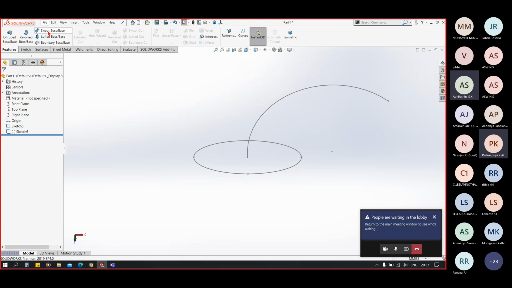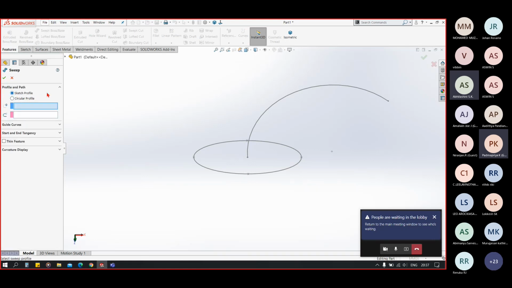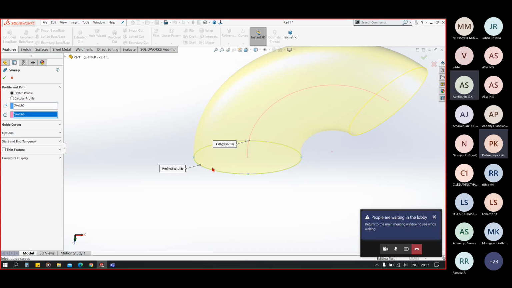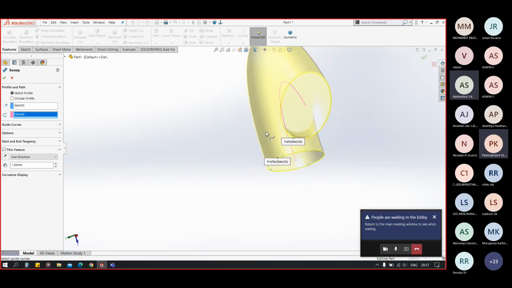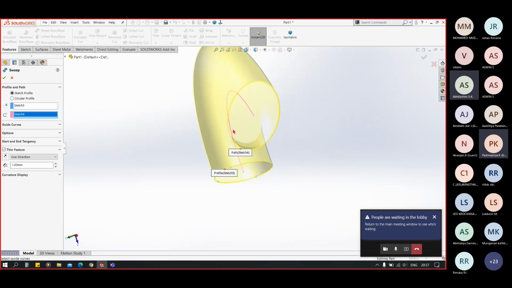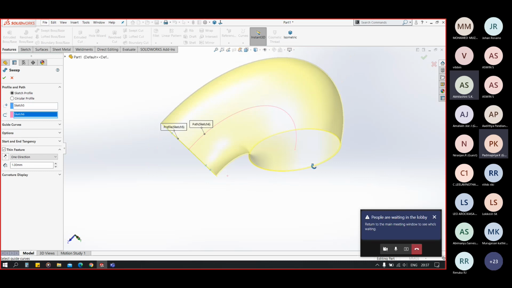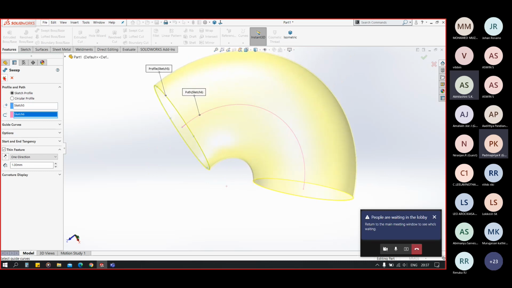Now in the sweep I have two options, profile sketch and circular profile. So I will go for profile sketch in this, and you can see I have selected my profile and path also. I can also go for thin feature in which I can give the thickness so that we can make a hollow part.